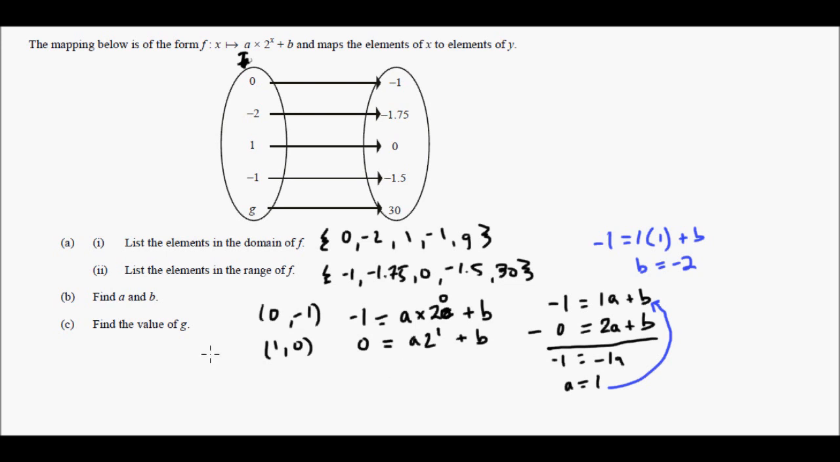Okay, and now find the value of g. Well, they give us g equals 30. Again, that's the y value, so we'll just do 30. But now we know a and b, so we can solve this pretty easily. So we have 1a times 2 to the x power, plus negative 2, or minus 2. So what we'll do is move the 2 over, and we will get 32 equals 2 to the